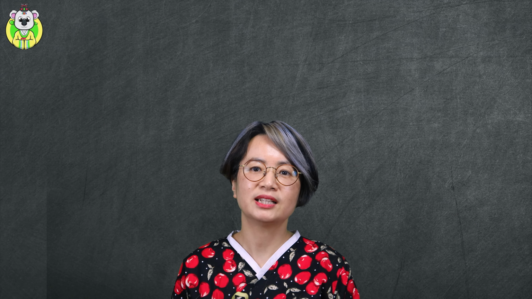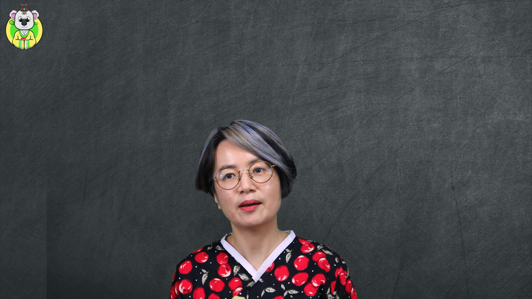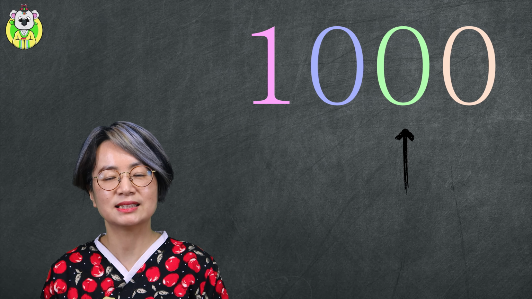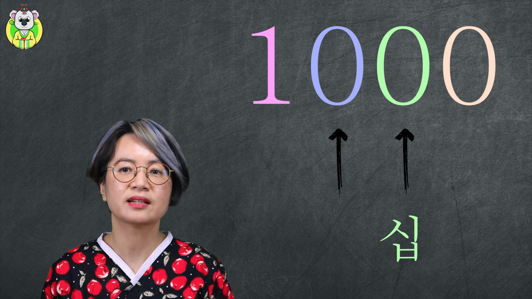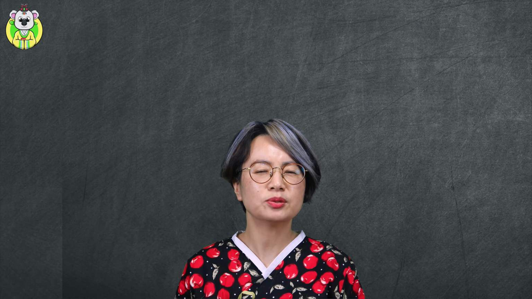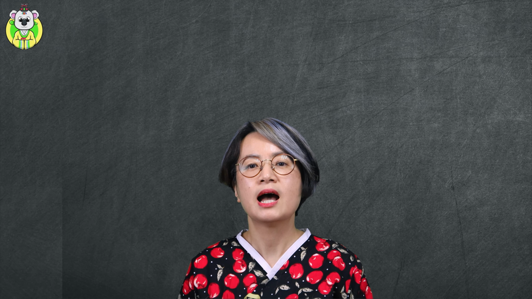So the rules are pretty straightforward. All you really need to know is how to read numbers from 1 to 10 and the numbers for the positions of the tens, the hundreds, the thousands, etc. So what are those positions called? The tens place is 10, the hundreds, 100, the thousands, 1000. If you spend a little bit of time, it shouldn't be too difficult to read up to 4-digit numbers,